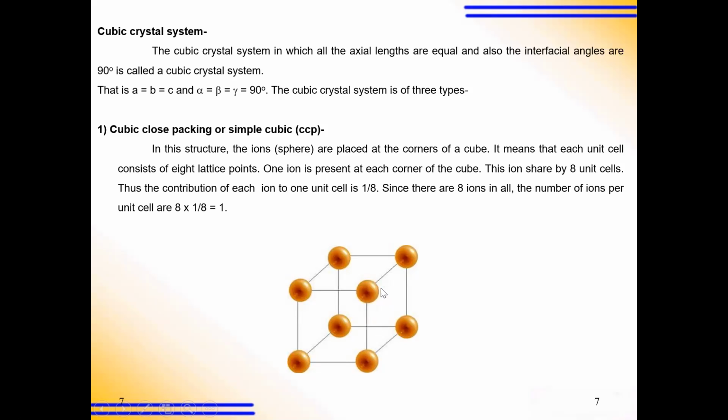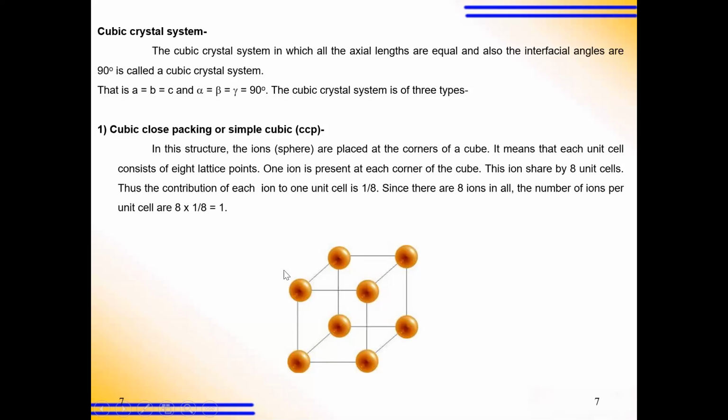8 युनिट सेल मध्ये. 8 युनिट सेल मध्ये कसं, तर ही एक युनिट सेल आहे, इकडे एक असणार आहे, वर एक असणार आहे, इकडे एक असणार आहे. So this is 4. एक इकडे असणार आहे, राईट, एक या साईडला असणार आहे, आणि एक वर असणार आहे, एक इथे असणार आहे. So in this way, 8 cubic unit cells will share the one ion. एक आयन हा 8 युनिट सेलना शेअर होतो. हा पण तसा, हा पण तसा. Okay, so each and every ion is shared by 8 unit cells.